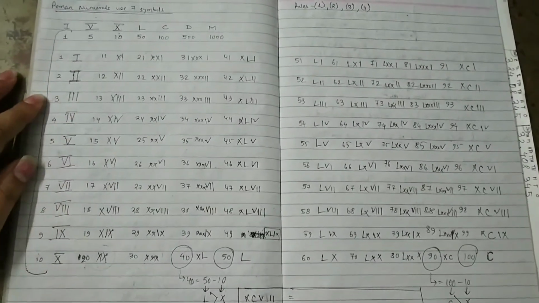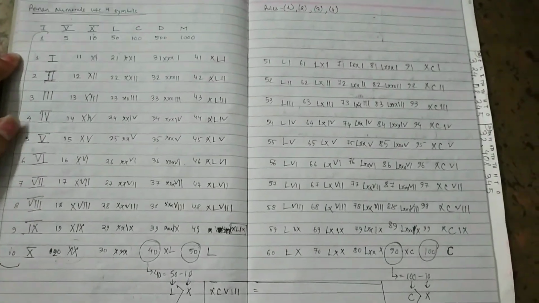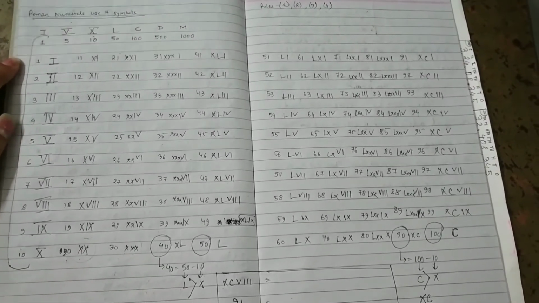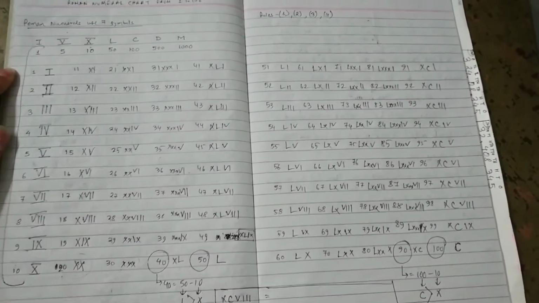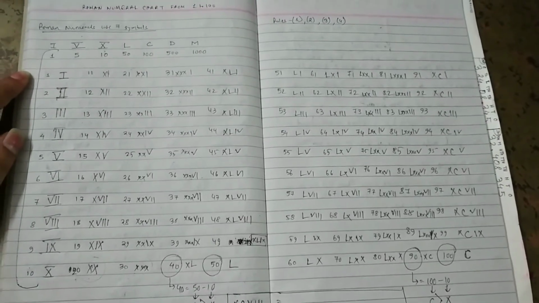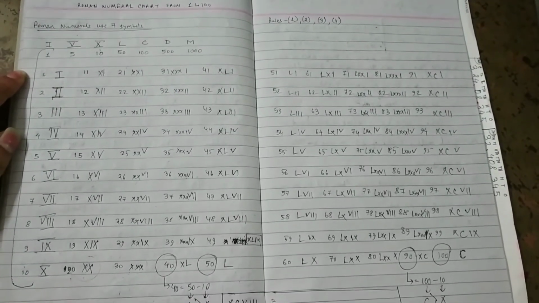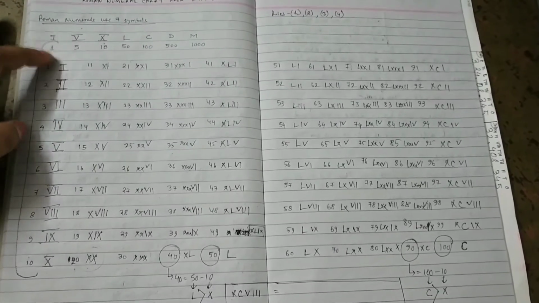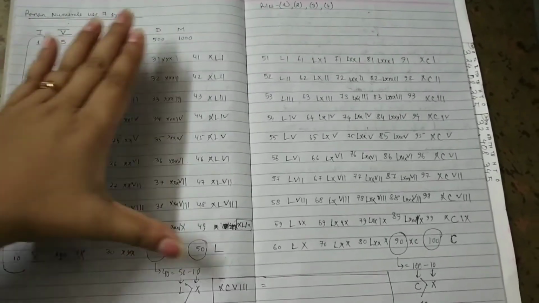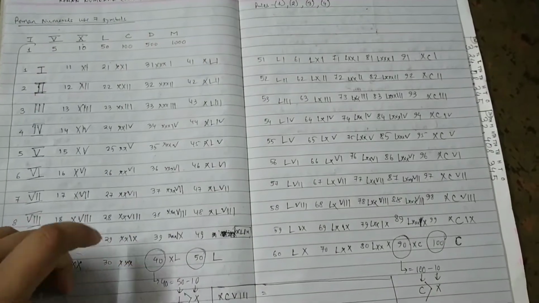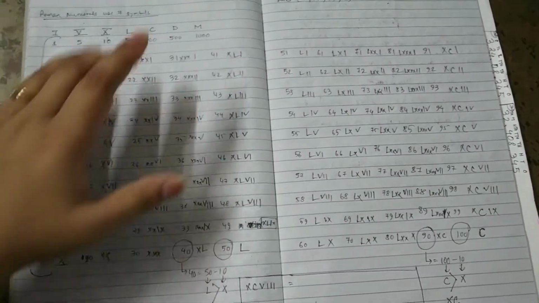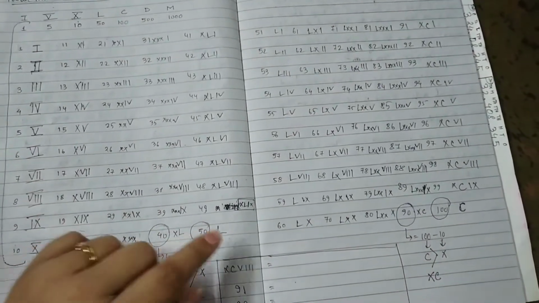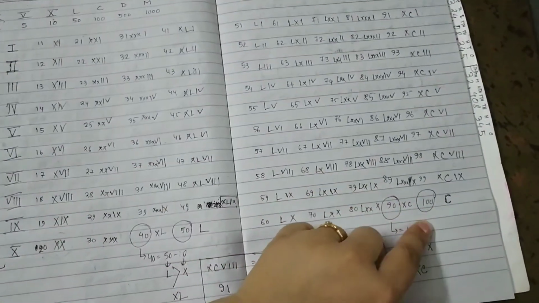Similarly, if you do the Hindu-Arabic numerals conversion to Roman numerals, you will get the following table together. I have told you how to apply the rules and form the numbers, and now it is very easy. You just need to remember from 1 to 10 and then apply the way I have told you up to 40. In the same way you need to apply it here also. 40, 50 you need to know, 90 and 100 you need to know.